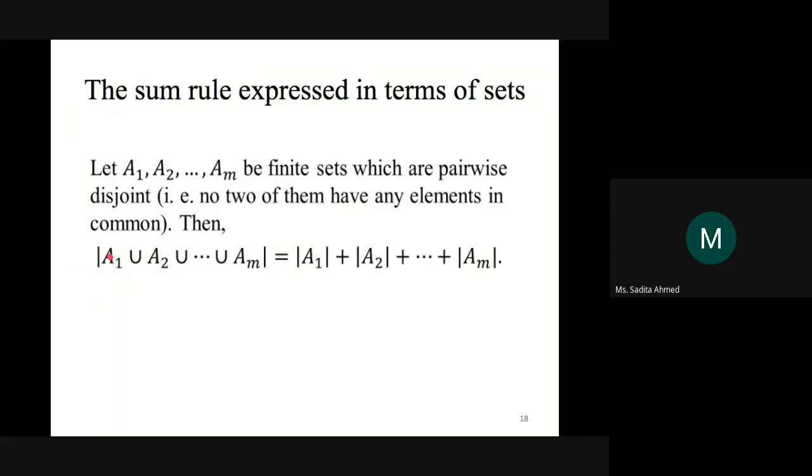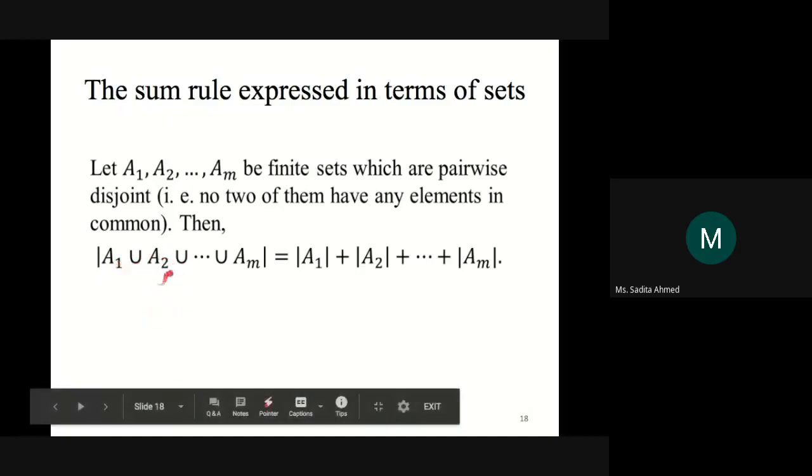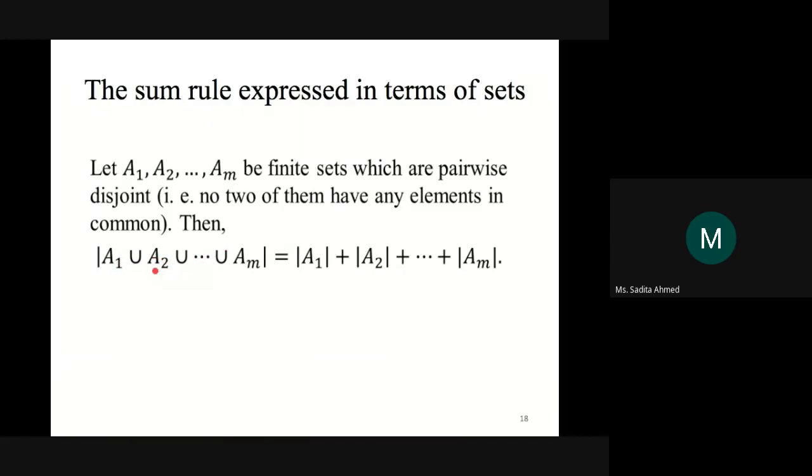A1 has a certain number of ways you can do the task. A2 has a certain set of ways. A2 is the set of ways you can do the task in 2 ways, and so on. All right. So if each of these sets contains the number of ways you can do the task, in that case,